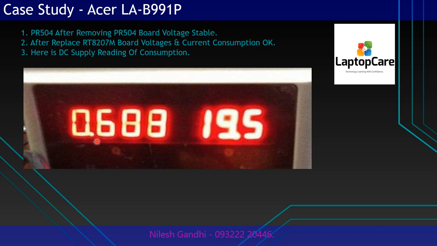After replacing this PU501, we pressed the power button on the laptop to trigger the board, and here is the reading. It's normal voltage and current fluctuation, and the reading is normal, which is indicating the display is back. And again we have confirmed on the DSO that the glitch is removed on the 5 volt always and 3 volt always line, and definitely the board is okay now and it's performing well.